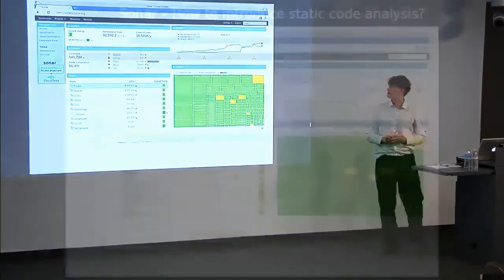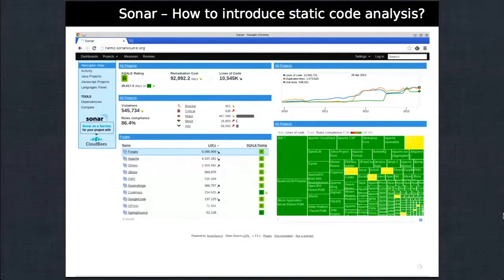And this is an example of the Sonar homepage. This is just one project. It's called Nemo, and they analyze their code base, and you just get everything you want. You have a heat map, where it's maybe red or yellow. You could check in more detail. You have a list of conventions. The conventions are structured into major violations and minor violations. So maybe first you check some major violations to find your bug clusters. And we think it's an easy way to introduce static analyzers to your code.